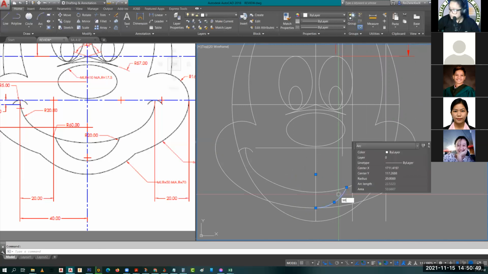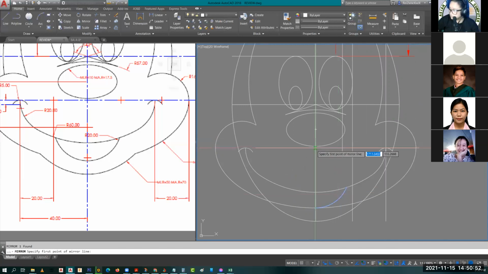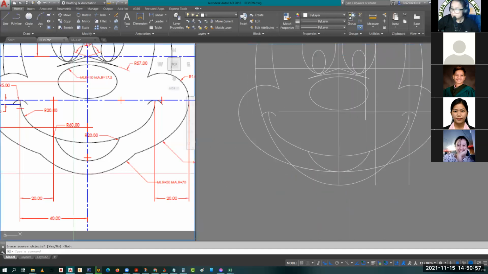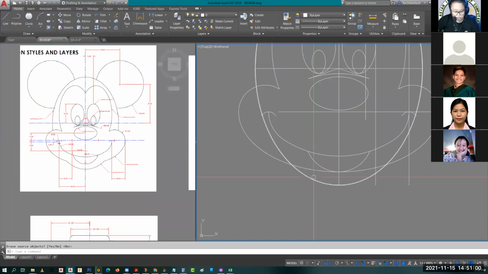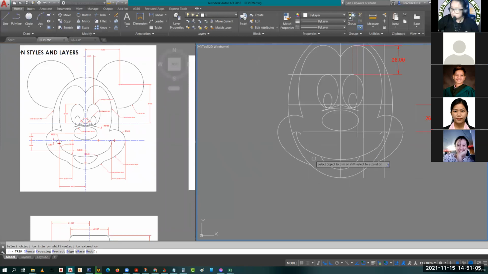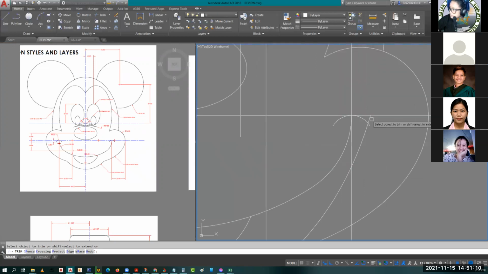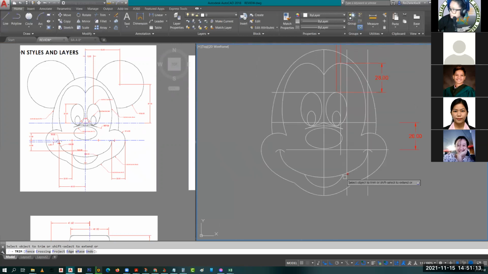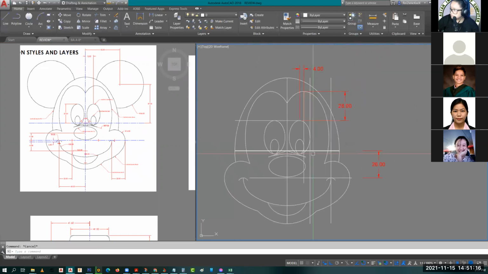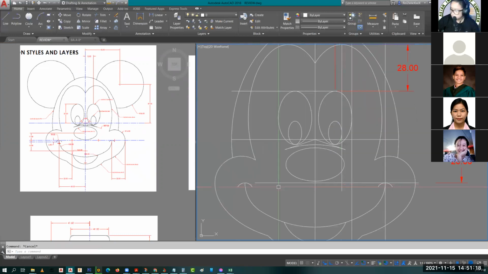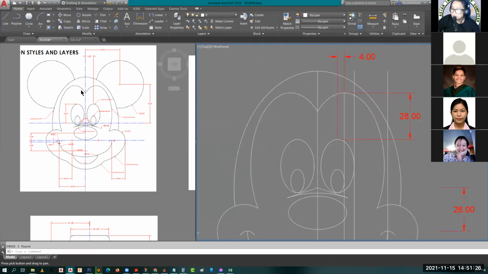So, this one, i-mirror. Okay. Ito, trim mo na to ngayon. Yan. Tanggal, tanggal. Then, dun sa,